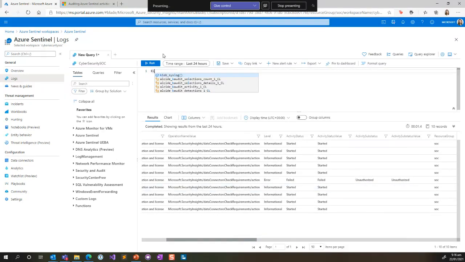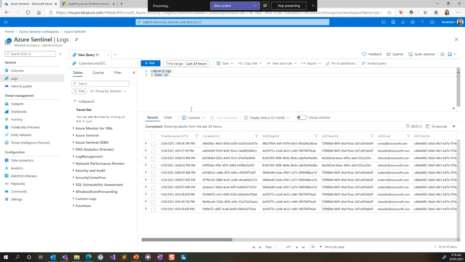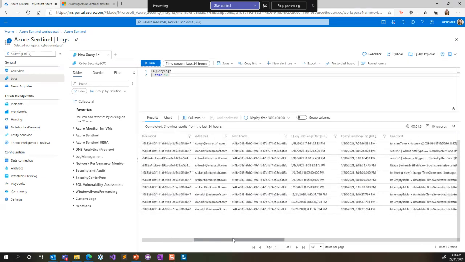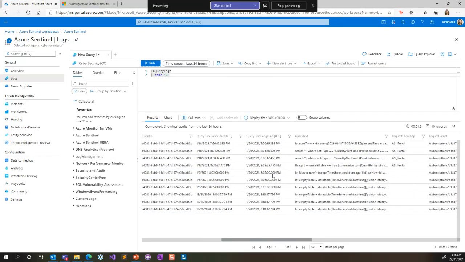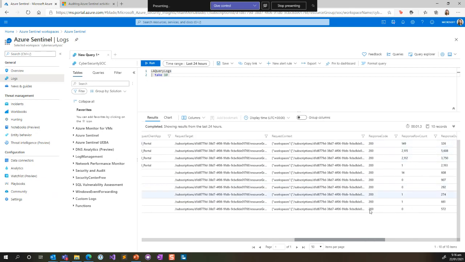Now, if we look at LA query audit logs, they are different. These are 100% focused on the workspace that they're coming from, and what they're doing here is just telling you precisely what's happening. So you can see here we've got the user that's kicked off a query. We've got the start time, the end time, the actual text of the query, and what KQL has been used here. And then we've got the usual, what subscription and workspace it was against, the response code,